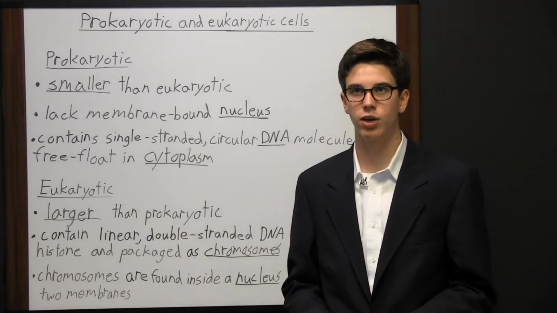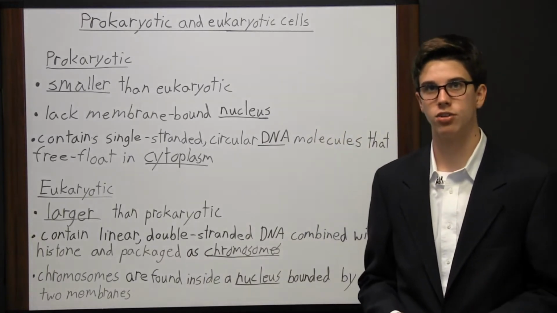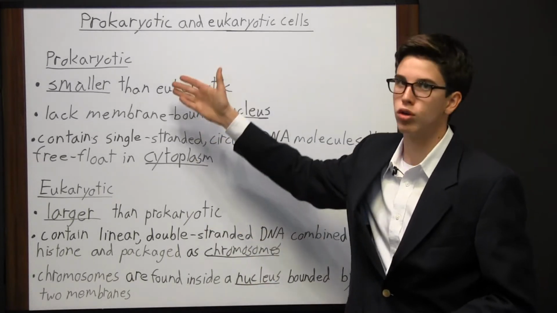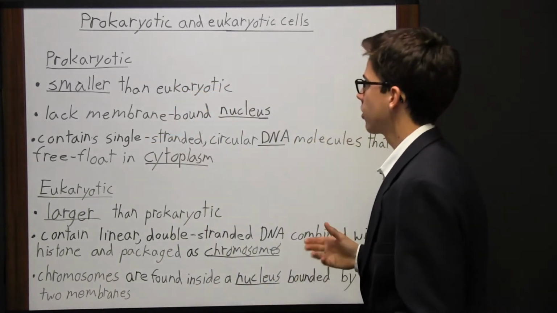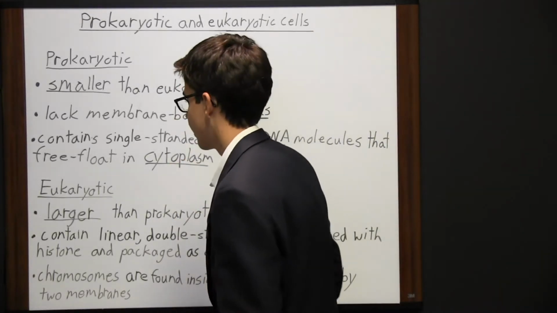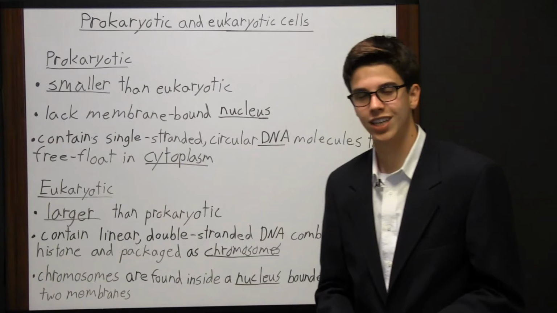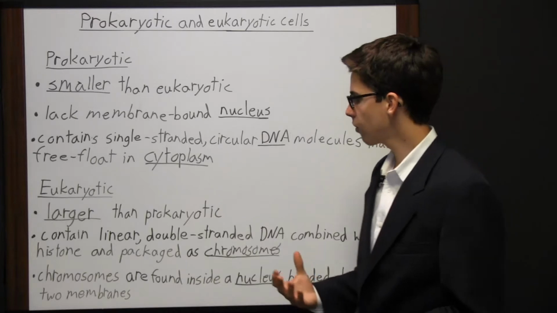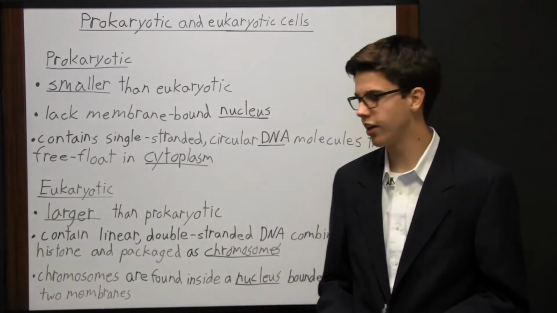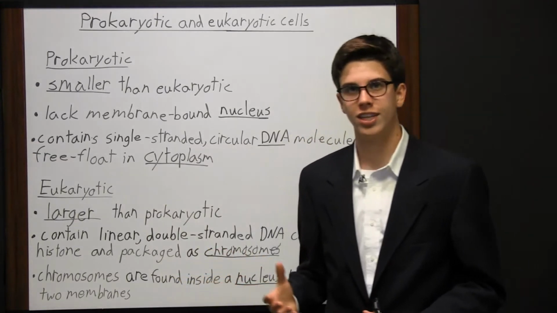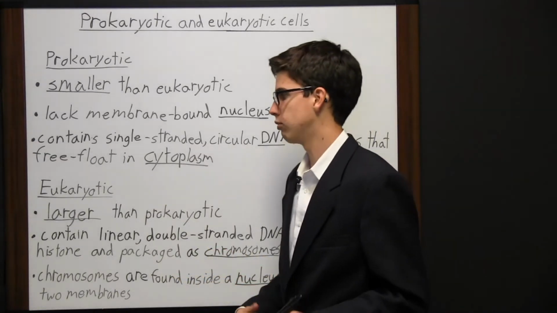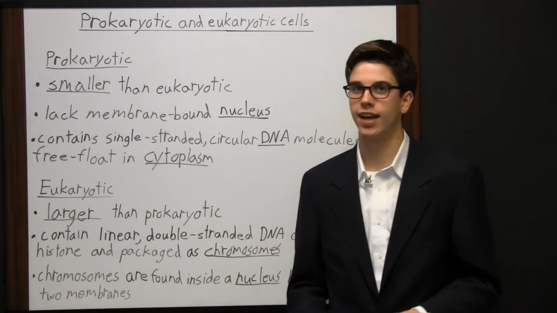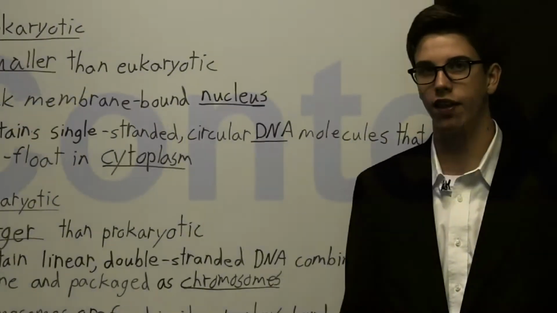Now, eukaryotic cells contain a variety of other membrane-bound organelles, such as mitochondria, chloroplast, endoplasmic reticula, Golgi bodies, lysosomes, and vacuoles. Now, eukaryotic ribosomes are larger and more complex than those found in prokaryotes. Now, you may be wondering, where do you find prokaryotic cells and where do you find eukaryotic cells? Well, prokaryotic cells are usually in single-celled organisms, such as bacteria, whereas eukaryotic cells are what you find in more complex organisms. It's what you see the result of on a daily basis, because plants and animals are made up of eukaryotic cells. So that's a look at prokaryotic and eukaryotic cells and the differences between them.